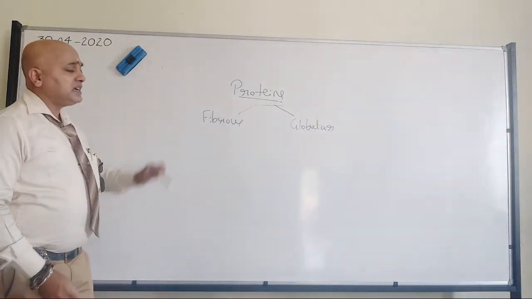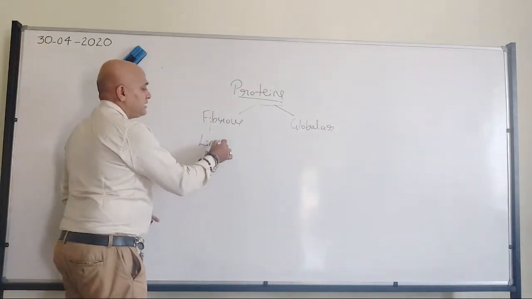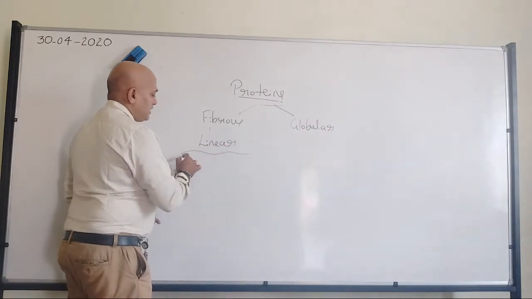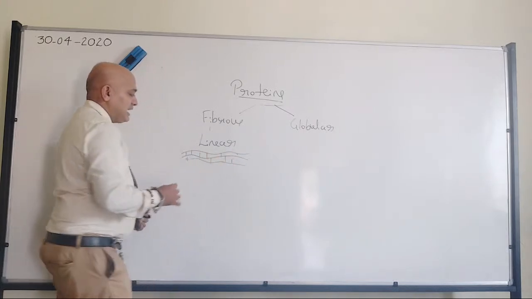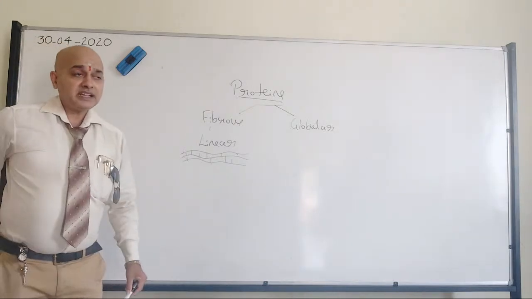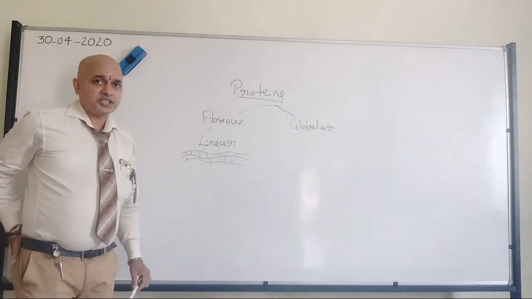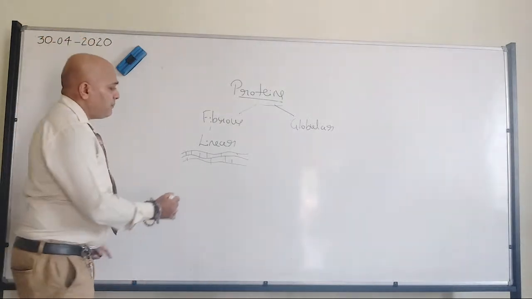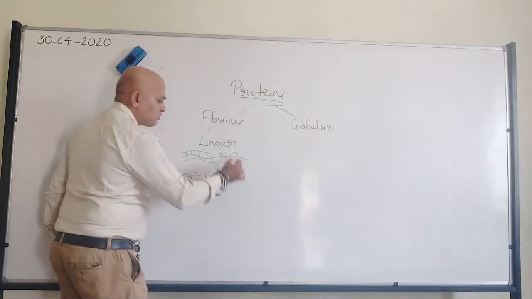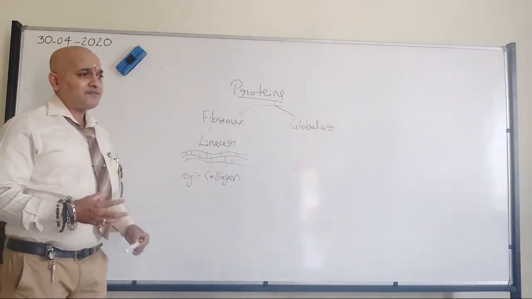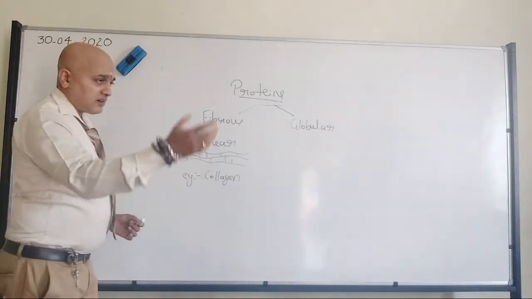Okay. Now, when it comes to fibrous, in the name itself it is there. They will be having linear structure where one polypeptide or more than one polypeptide will be interacting with each other and they will form fibers like cables. So it looks like cables, but very, very small in structure. Now, a very beautiful example for this type of protein is collagen. All of you know, which is one of the abundant proteins present in our body. Right? That's where we have collagen.